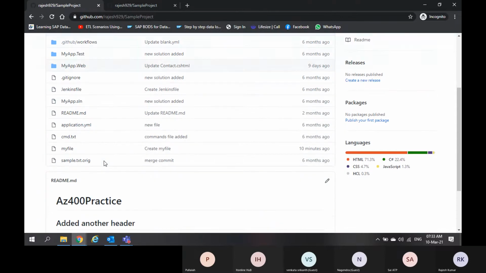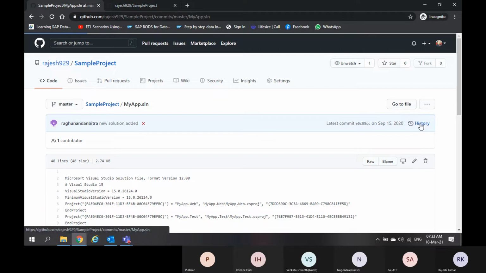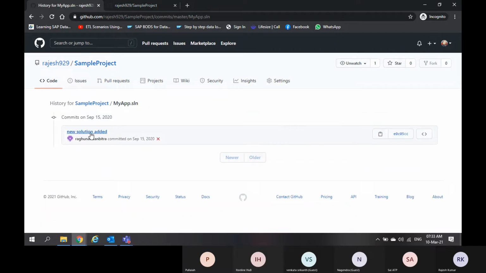Even if you have multiple files here, every file will have its own commit history. If I open my solution, maybe this is my app.solution. If I open this file, even this separate file will have its own history. If I go to history, I can see I have only one commit on this file.